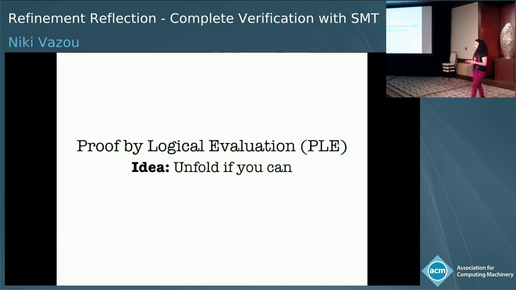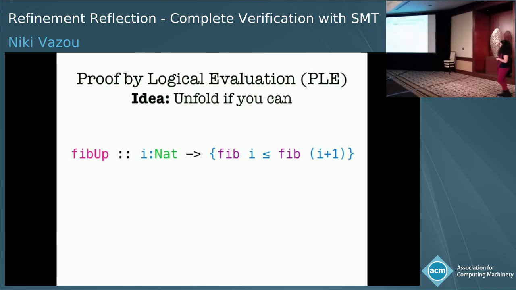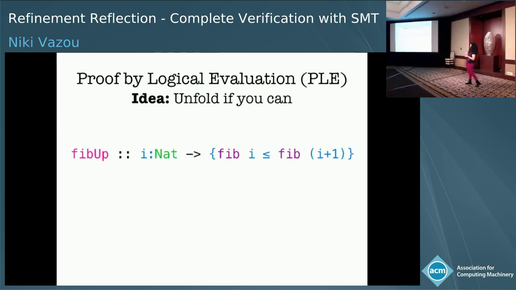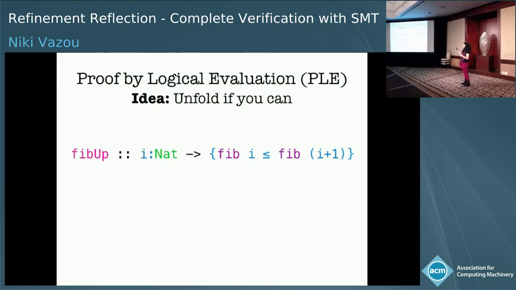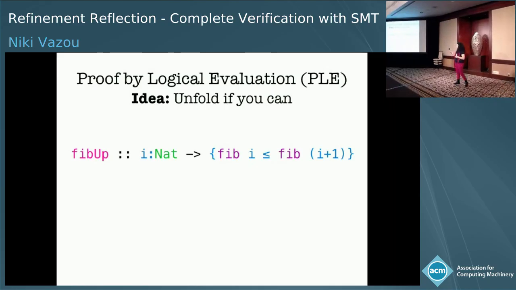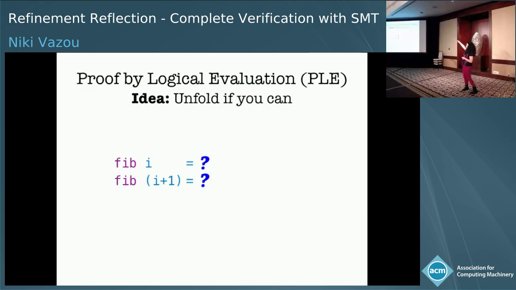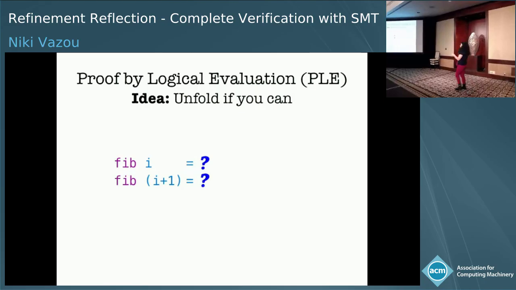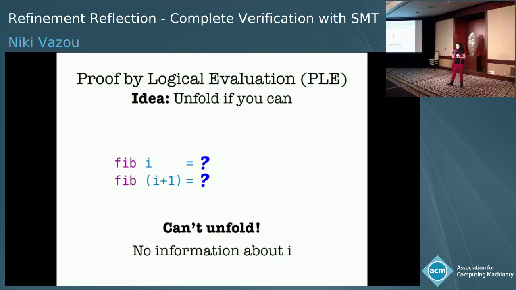It says just go and unfold if you can unfold. So for example, if I have the theorem that fib is increasing, I have in my logic fib applied to i, and to i minus 1, and to i plus 1. So PLE is going to see these two terms that it could unfold, so it is going to try to unfold them. Now, I don't know anything about i, so I cannot unfold fib of i and fib of